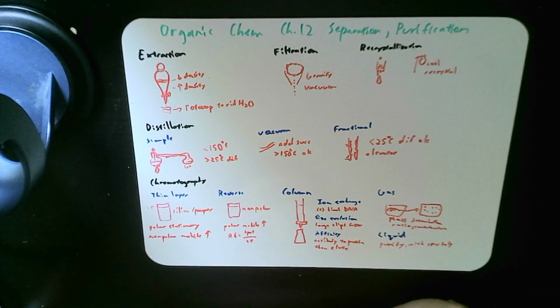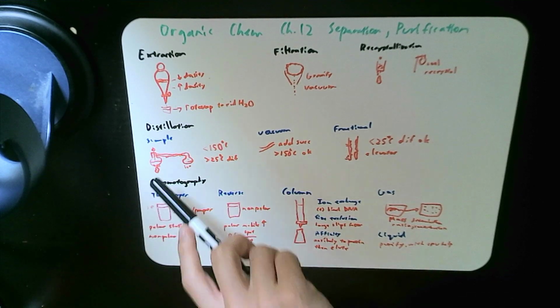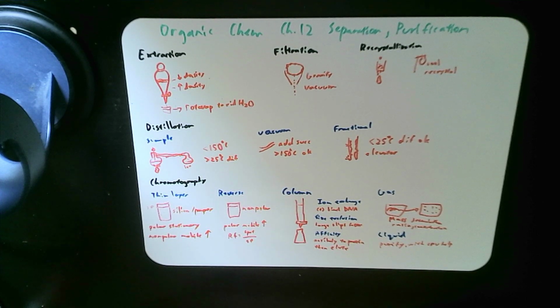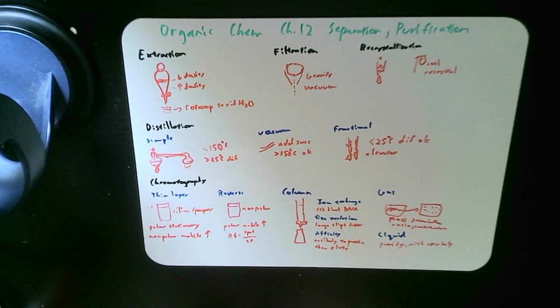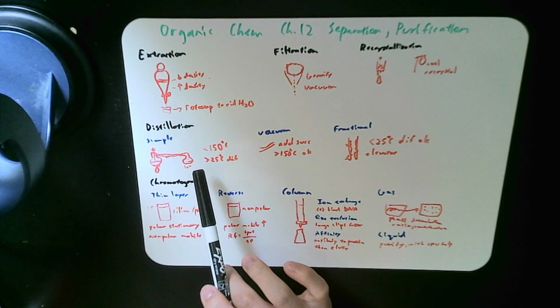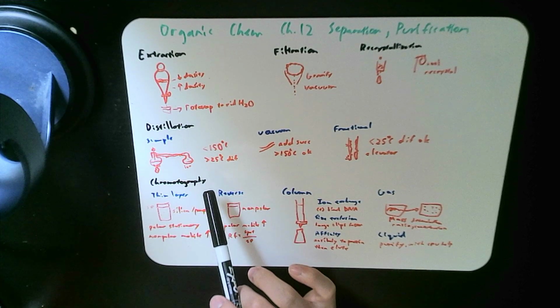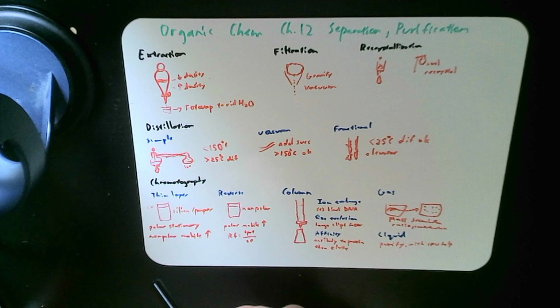Distillation. If you've seen Breaking Bad, that's basically what they're doing to separate two different compounds based off of their boiling point. One might boil a little faster than another because it has a lower boiling point. But simple distillation, like this apparatus, is only for boiling points less than 150 degrees, and they must have greater than 25 degrees difference. For example, water boils at 100 degrees, right? So you want to find something that boils at either 75 degrees or 125 degrees, like that much of a difference